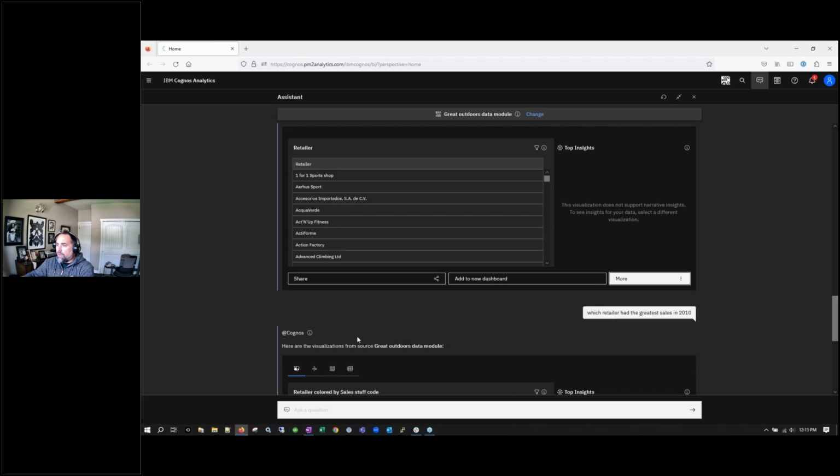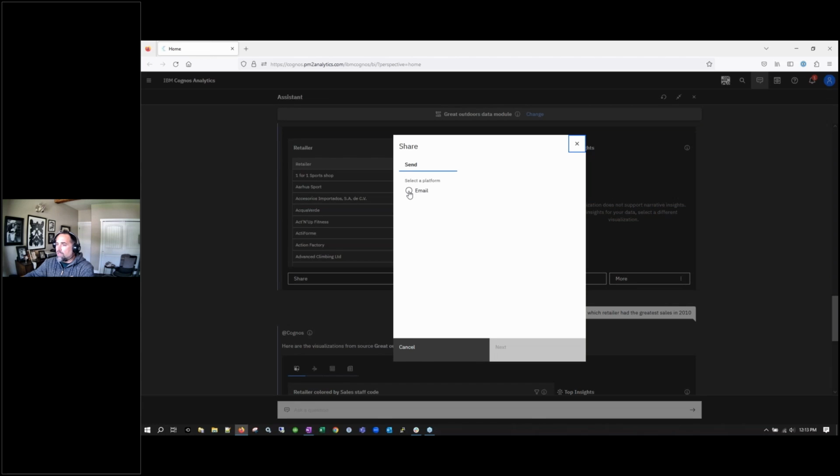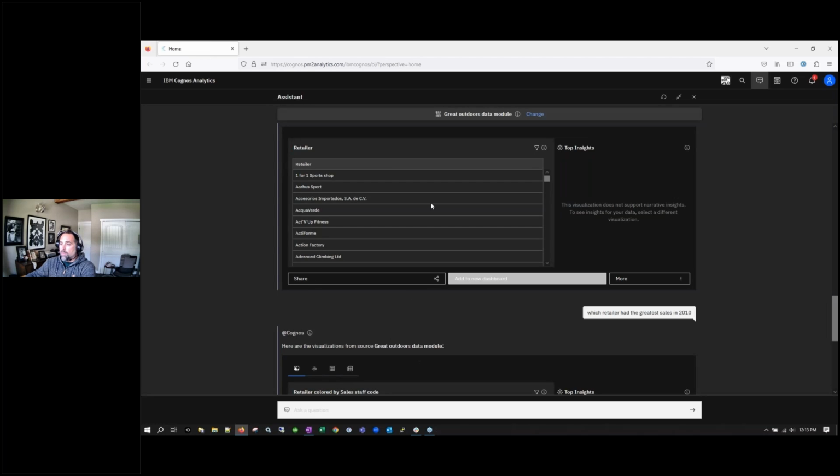I could share it with others. Of course you can always do it by email, but if we had this demo environment hooked up to our Slack environment or our Teams, we could include it in direct comms via those methods as well. But this is a good starting point for